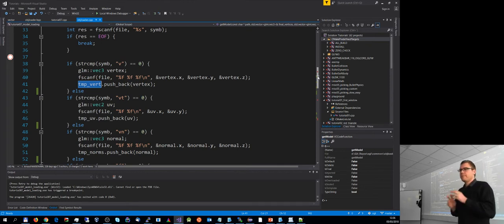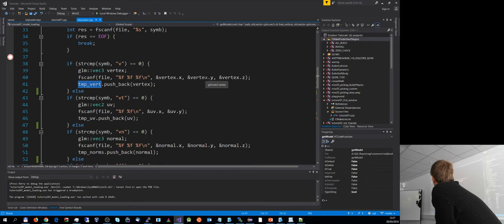Yeah. Broken data. The challenge is basically the faces, right? Because the faces can access any of the previously specified vertices or vertex normals or UV coordinates in an arbitrary, well, in the order they have been specified in, but it's not really relying on a particular order there in processing. And that makes it quite tricky. So basically you need to read all the indices of the individual vertices, textures, and the normals, and then iterate over the faces specification, which just has a one-based index to the individual entries, right? And then tie them up in order to produce the final